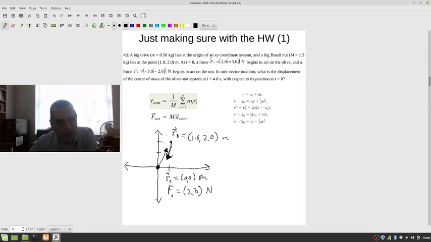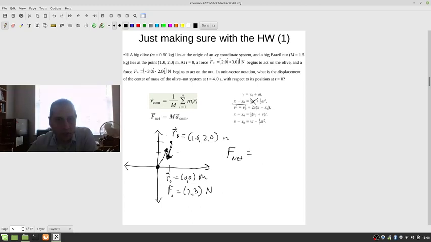Now, something nice about this problem is that it's just asking you the displacement. That's this. And so you don't actually have to calculate the initial position of the center of mass. You just know that it's going to follow this type of a rule, in the x direction and in the y direction. And another nice thing about this problem is that the initial velocity of both the olive and the Brazil nut is 0. So all you have to do in this problem is go ahead and find the F net,